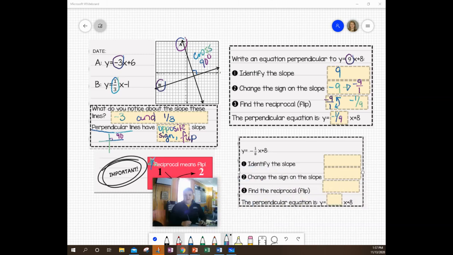Okay, let's look at one more example. So I have y equals -1 over 8x plus 8. So step one, let's identify my slope. So remember, my slope is -1/8. Okay, now the first thing I'm going to